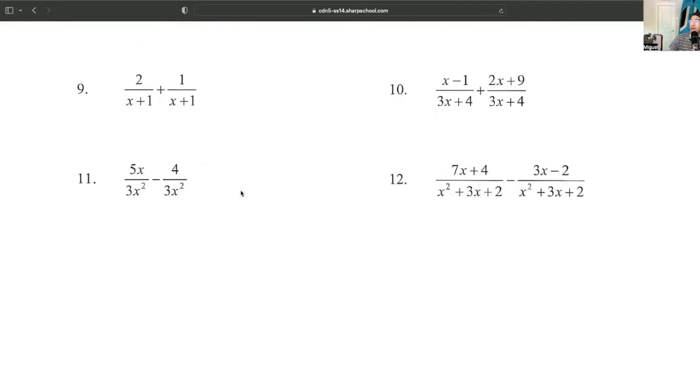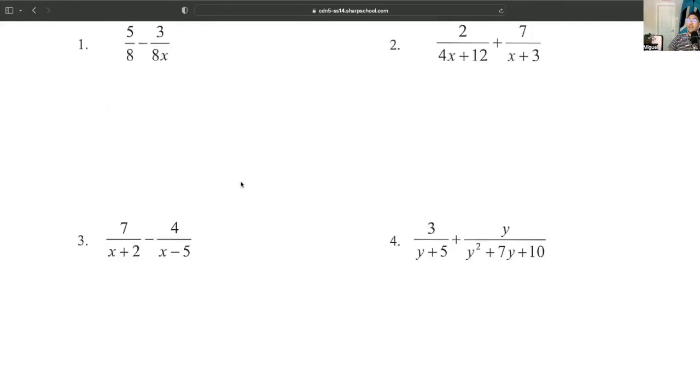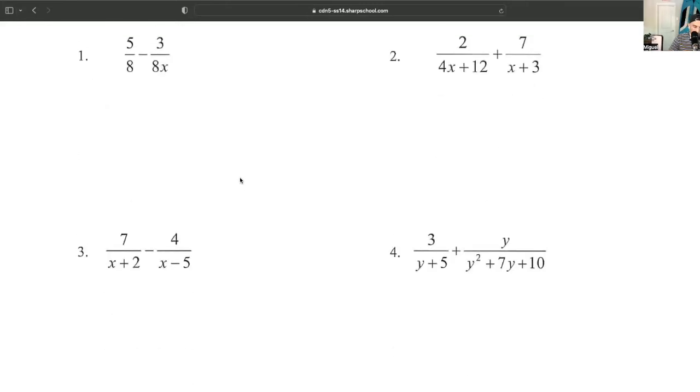Let's go ahead and scroll down, and I'm going to show you some examples here. And let's just start off with something very simple. So how about number 1? Do you see a common denominator there? Not quite. We have an 8 as the first denominator, and then we have an 8x on the other denominator. And the idea is we want to have the same